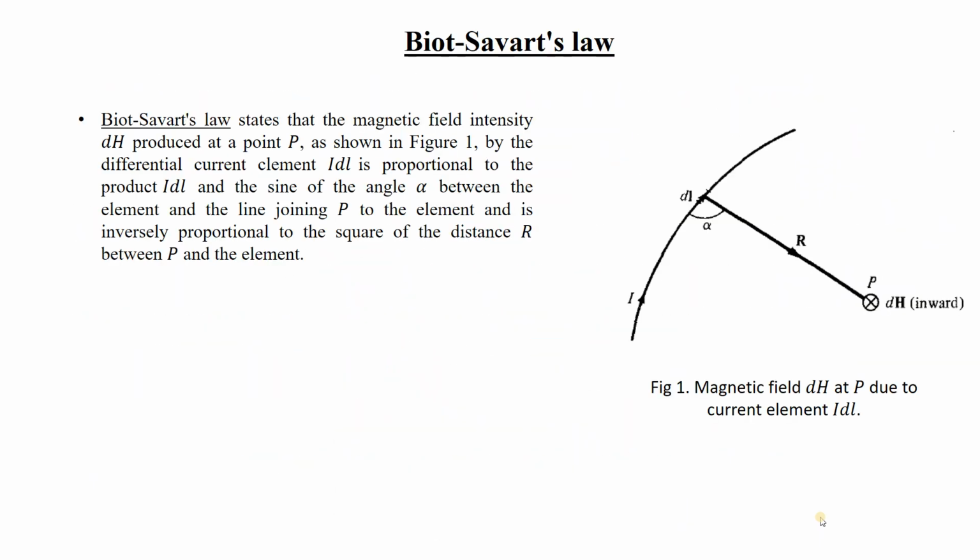That is, we consider a conductor like this, which is carrying current I, of infinite length or any length, capital L. We take a small portion of the capital L, and the length is dl, suppose. Now if current I is flowing through the conductor, then across that small part dl also I will flow. Now this I dl will be considered as a magnetic source, or you can say the differential current element, which will be considered as a magnetic source,